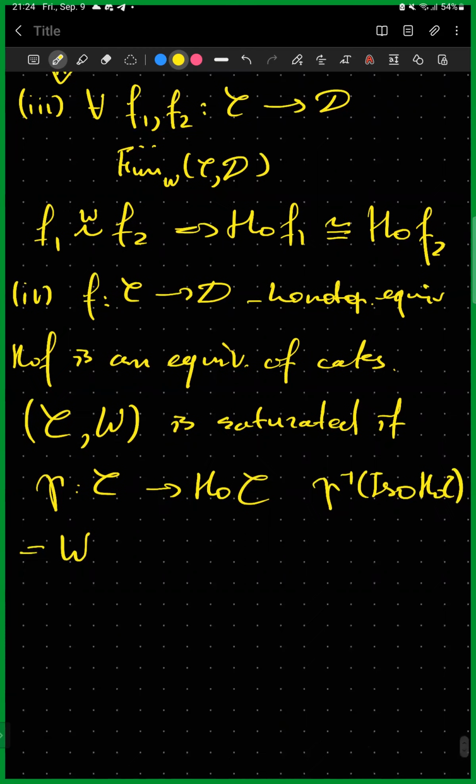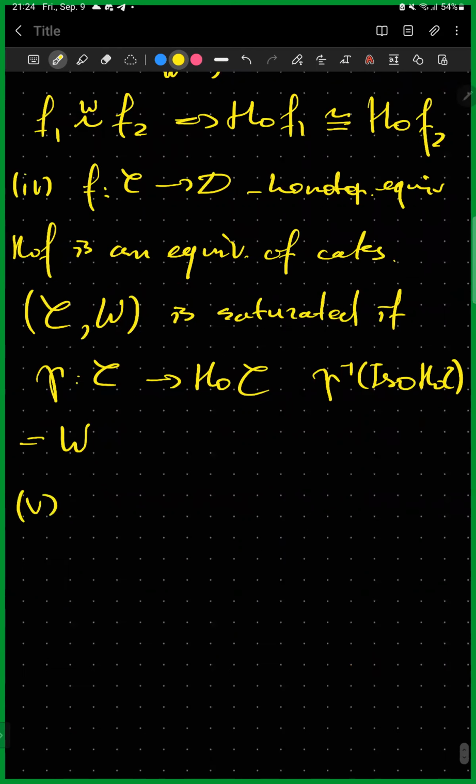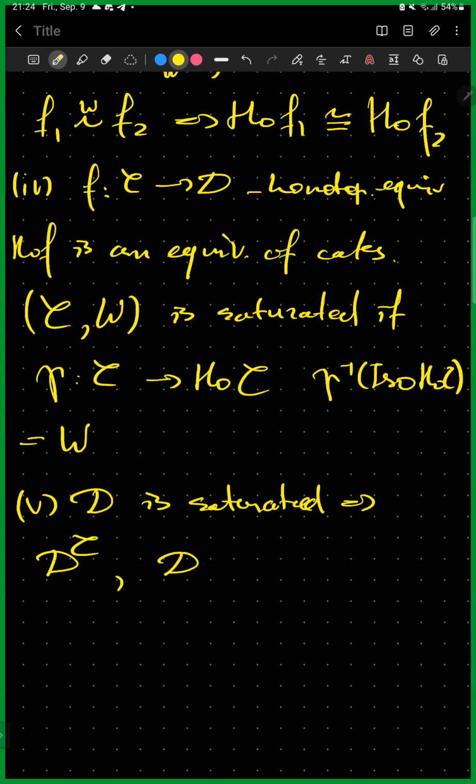And we have the following property: if a homotopical category is saturated, this implies that both the functor category and the subcategory consisting of homotopical functors are both saturated. It is actually a very simple exercise. Sorry, I'm not saying that it's a simple exercise, but it's an exercise to check this property. You just have to check it